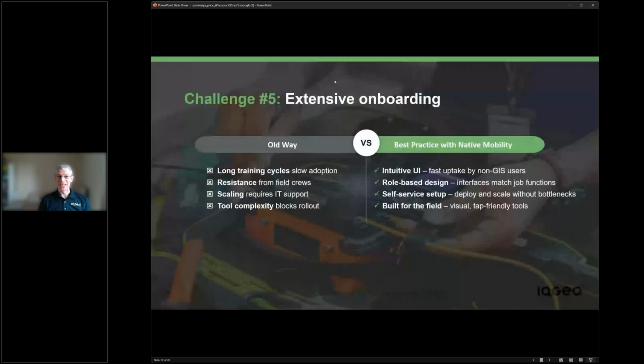And now here's the one that no one thought was a particular challenge. Perhaps that's interesting, but maybe we didn't express it particularly well in the question response. What we're talking about here is getting the field users on board.